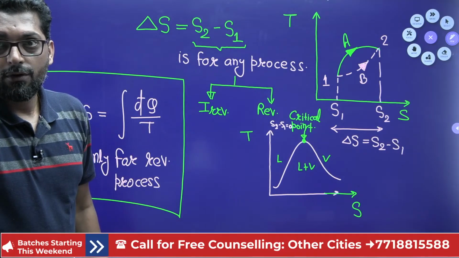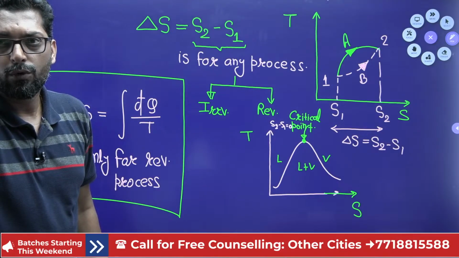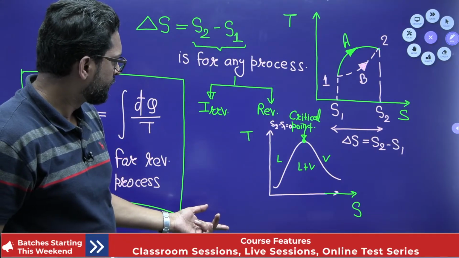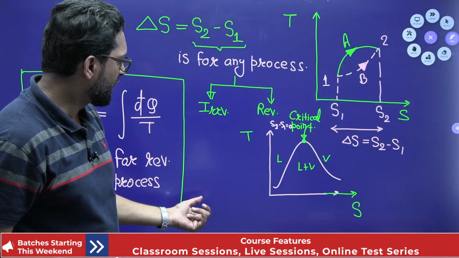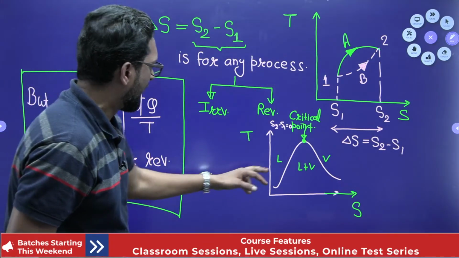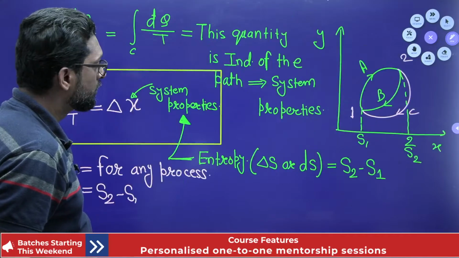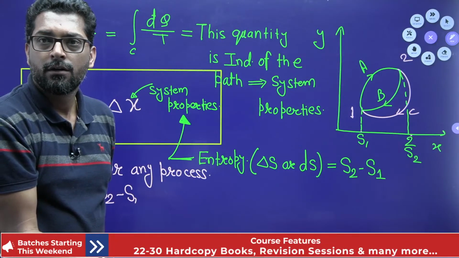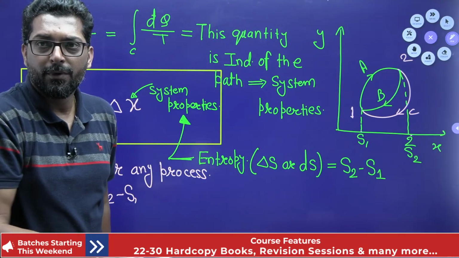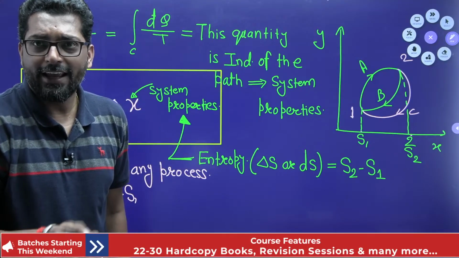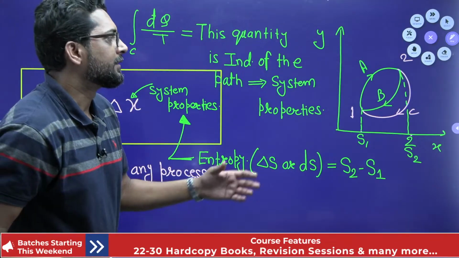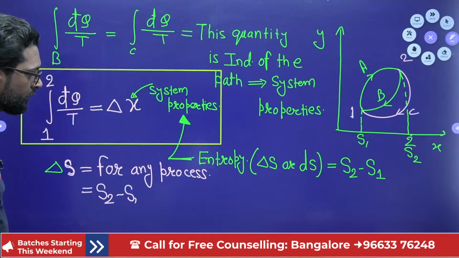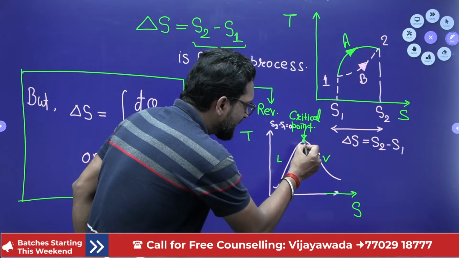Zero in this graph with line 1 to 2. Where is the 1 to 2? One to two, I think this line does not exist. Means 1 to 2 does not exist, meaning the more area under the curve, the more is the entropy. See beta, TS, yes, it is another thing. I am taking this one. If this is 0, then at this point the entropy change is 0.